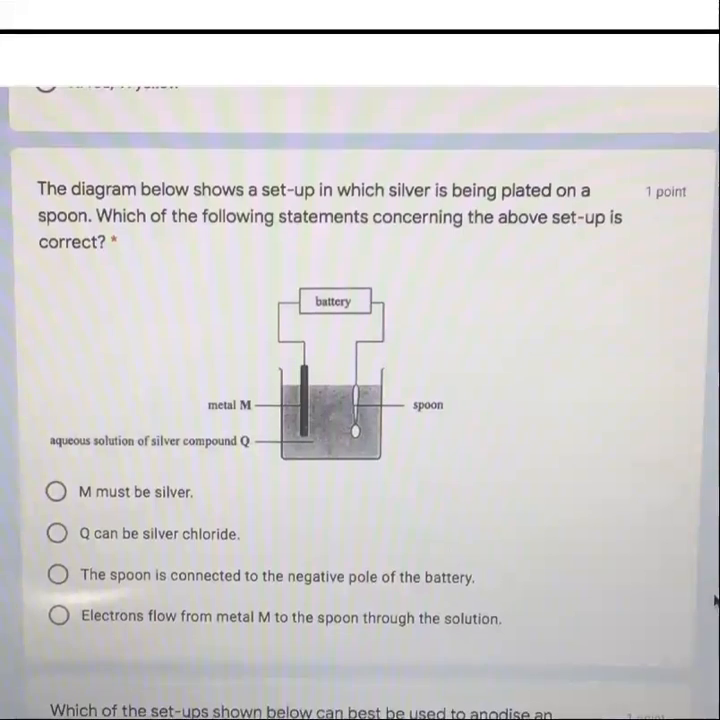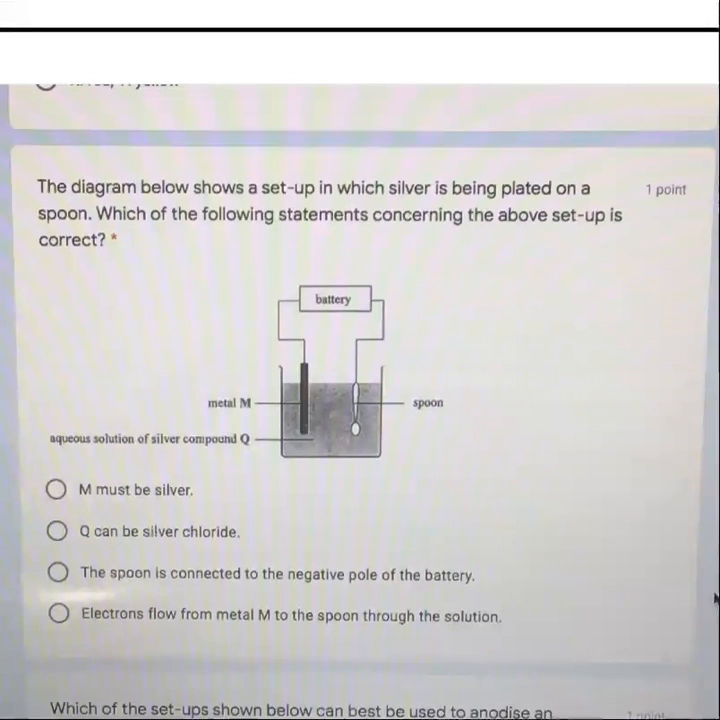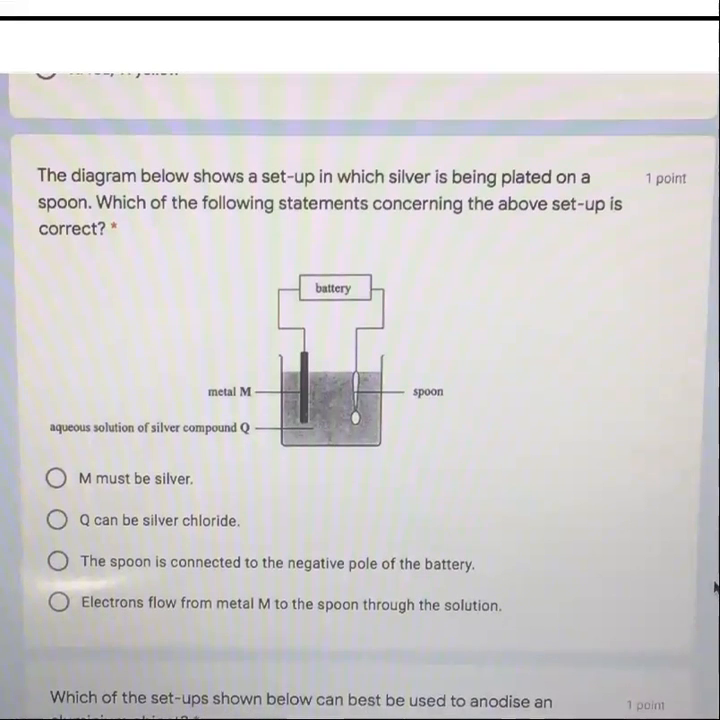Okay, so here the diagram shows a setup for electroplating of a spoon. Which of the statements is correct? For this one, the metal used for plating should be placed as the anode. Remember, that's a setup for